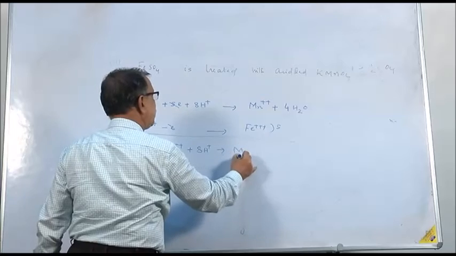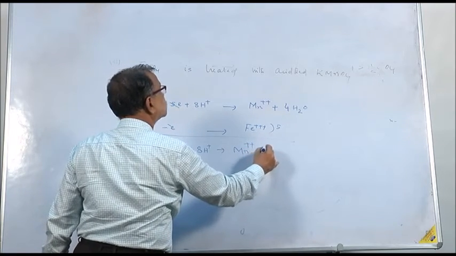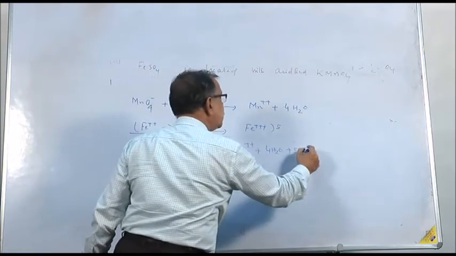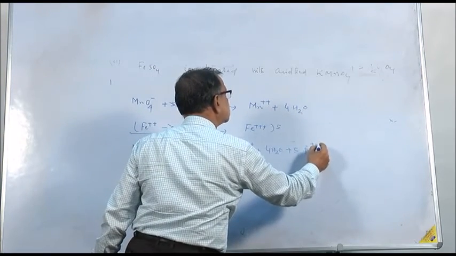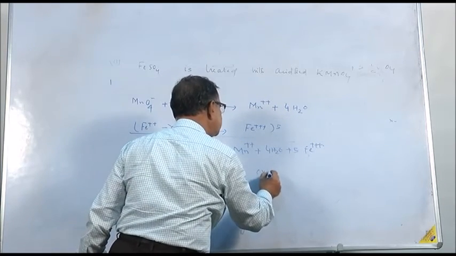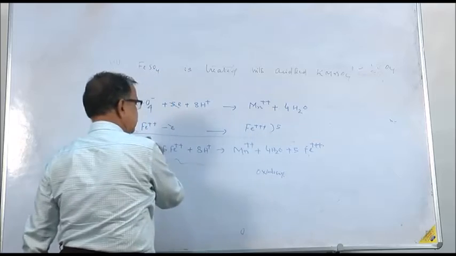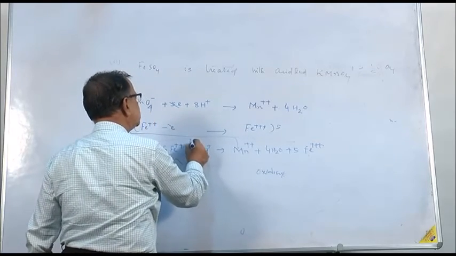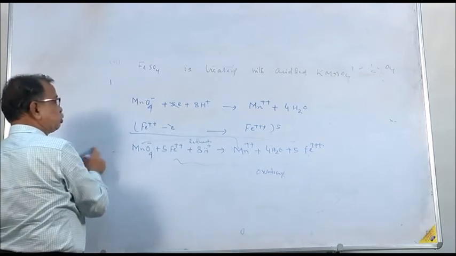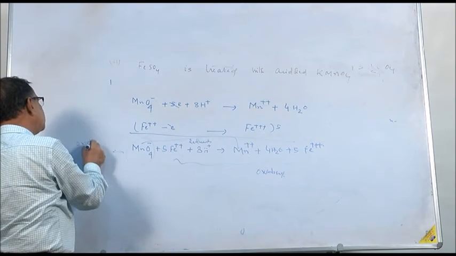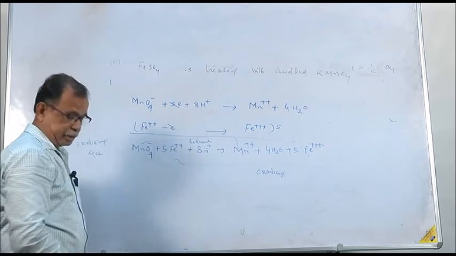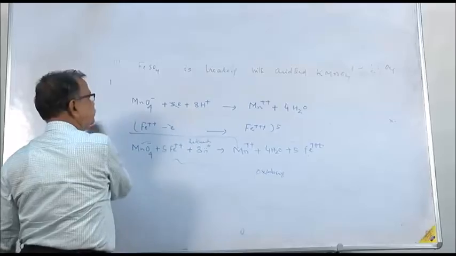Mn plus plus, plus 4 H2O, plus 5 Fe 3 plus. So ferrous is oxidized to ferric, and this part is reduced, oxidized and reduced. So it acts as an oxidizing agent. Number 3,